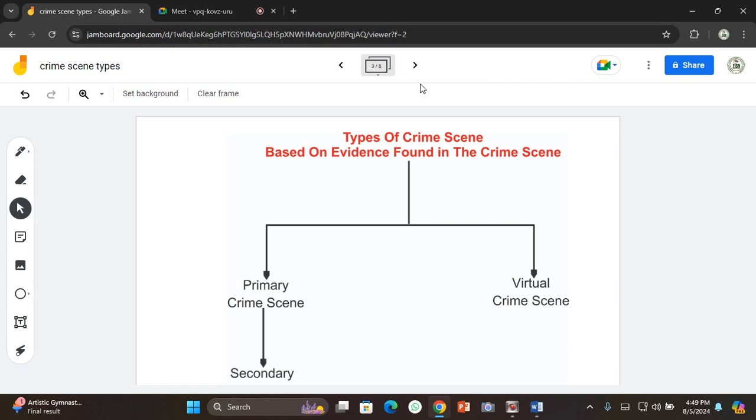This type of crime scene is actually the place where the crime occurred, or at times it is where we have more usable pieces of evidence. So we call it a primary crime scene because this is the place where the majority of the evidence may be seen, or the place where the crime might have occurred. For example, in homicide, robbery, assault, or arson scenes,